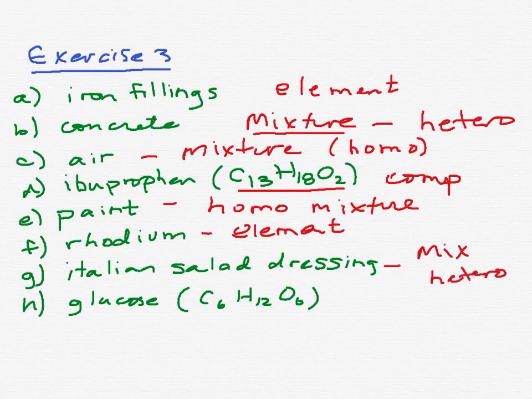Glucose, you'll notice from class, is very similar to sucrose, which you should know, C12H22O11. Glucose is actually half of a sucrose molecule. Glucose and fructose, in fact, join together to make a sucrose. Glucose is added to water to make a solution. As it is right here, it's a compound. If you add it to water and it dissolves,